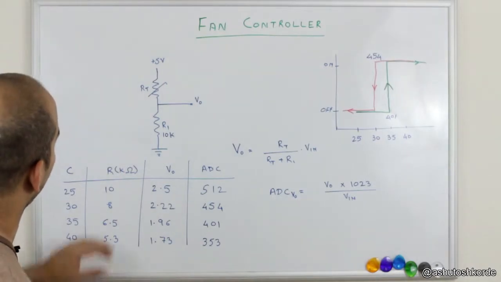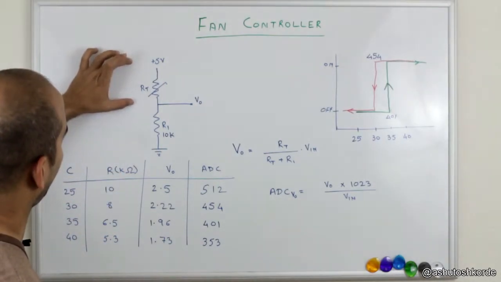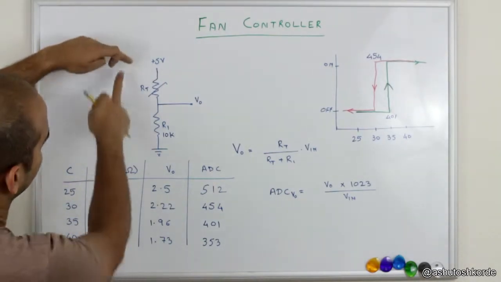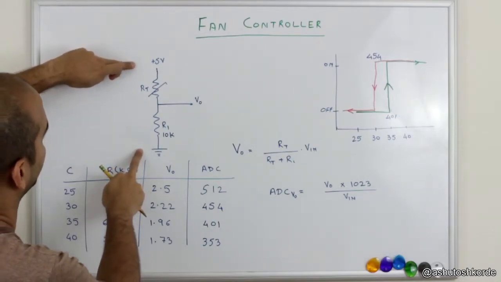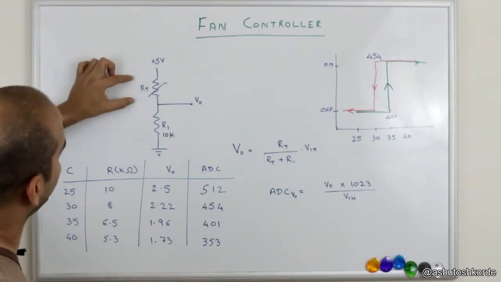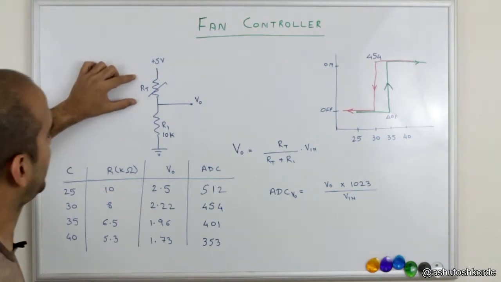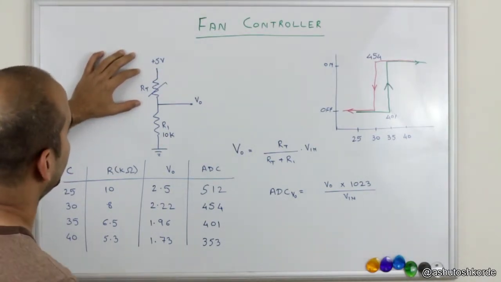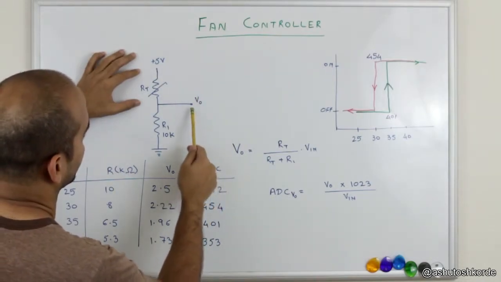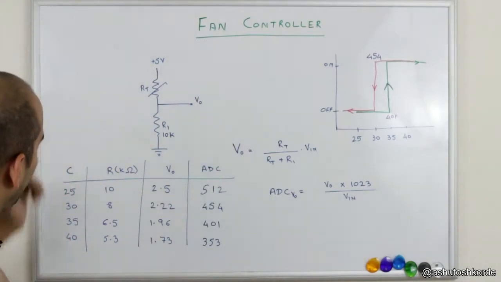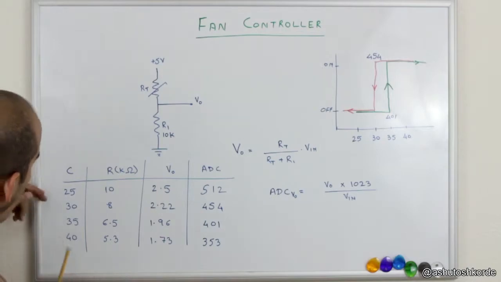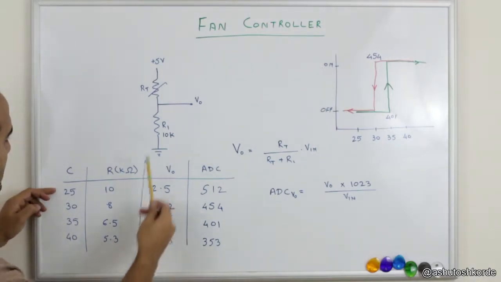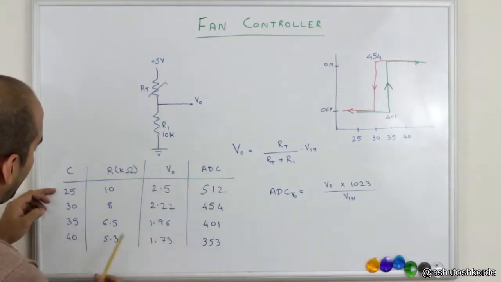Now when you have a circuit like this, this is a classic voltage divider, and as the resistance of RT decreases, the voltage drop across RT will also decrease, and thus the ADC will register a lower voltage. And I've looked at the data sheet of this thermistor, and I've come up with